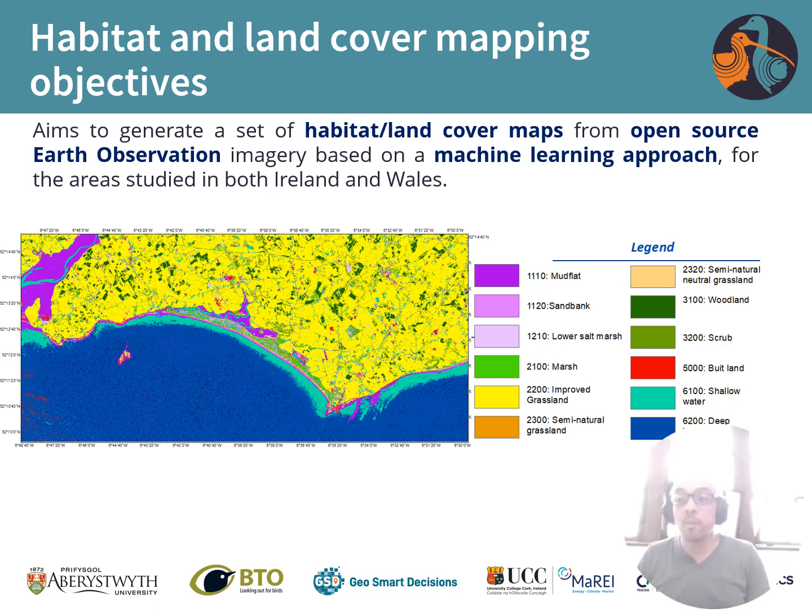Then the first part I mentioned before is the idea of this project is to map the current situation and to monitor and to see the dynamic of the habitats. And to map the current situation, we use, as I mentioned before, the open source observation, and we use an approach that is mainly based on machine learning. And for this, we have to collect information from the Earth observation from the satellite, and we need to collect some information from the field, because obviously the satellite could give us the distribution of the habitats, but without